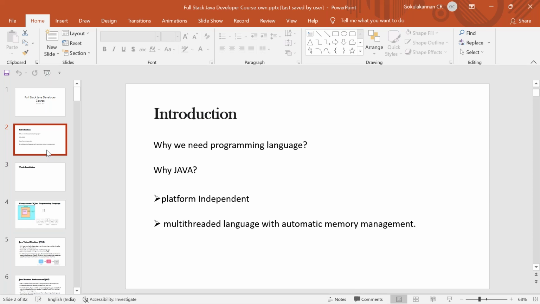One is it will go and fetch from the database. Database is a place where you store all the information. So if you are a customer, your customer information will be stored. It will go to the database, get the information about you, and check whether any previous order is placed and whether there is any shipping address for that order. It will fetch the information from my storage and show it on the screen.